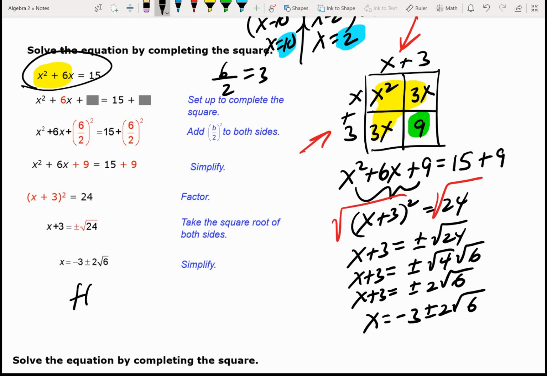Let's just say we want to find the zeros, because that's what we're really doing. So if I subtract 15 from both sides, I would have x squared plus 6x minus 15 equals 0. Well, we couldn't factor that. There's no factors of negative 15 that add up to 6. But what we could do is go out to